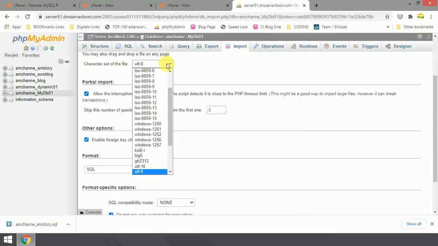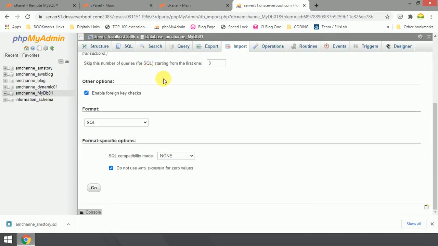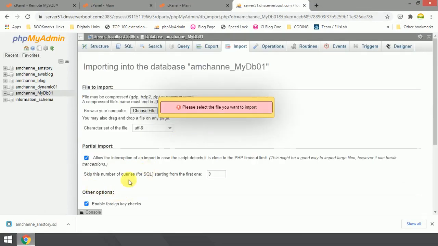Select the character set that you want, or you can leave it as it is. UTF is the default character set, and you can click on go. Whenever you click on go, the database will be imported into your database.